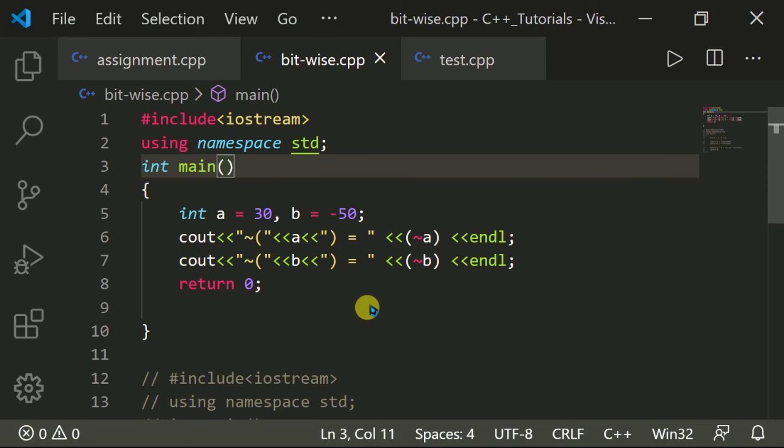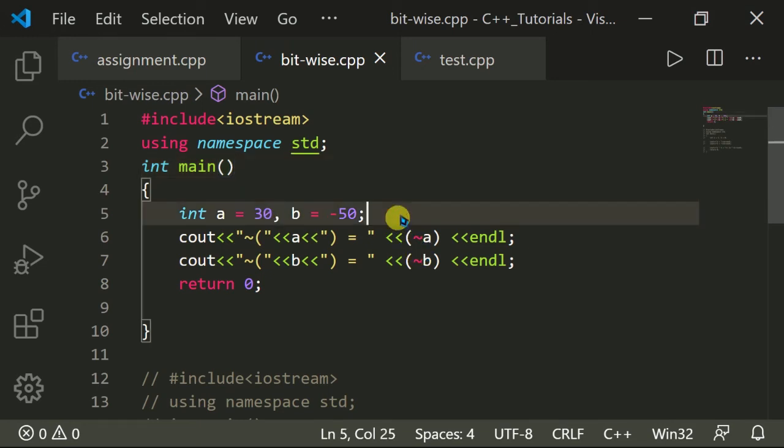Let me tell you guys what is happening in this program. We have one positive value. As we know, it makes 0 to 1 and 1 to 0, so if that is the positive one, it converts it into the negative. In the binary form, we add 1 in the twos complement, so it will be converted into the negative form, or the negative one will be converted into the positive but decremented, and this will increase with the negative form.